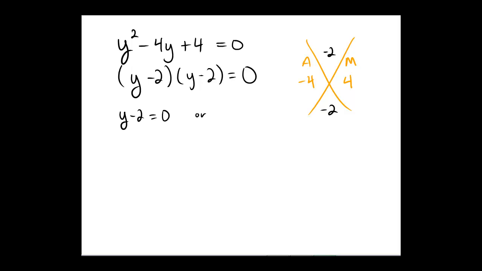y minus 2 equals 0 or y minus 2 equals 0. It's the same equation, which means that y would only be equal to 2. So just like I said on the last slide, although oftentimes quadratics give you two solutions, here's an example where you only get one solution. And later on in the class, we'll see examples where you get no solutions and imagine